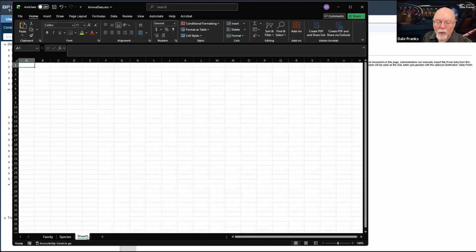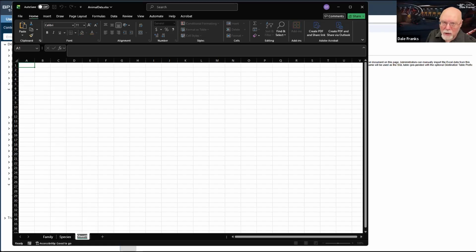Now, normally, whenever you create a table in an Excel spreadsheet, so you open up a new Excel spreadsheet, the name is going to be sheet one. You cannot have a sheet one imported into Process Director. You must rename the worksheets in your Excel file.